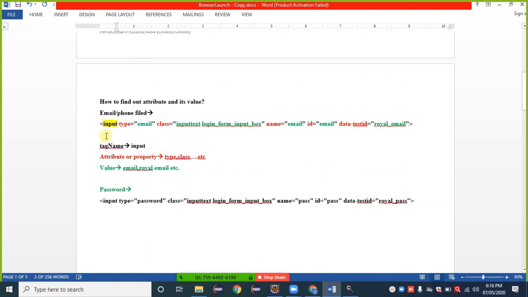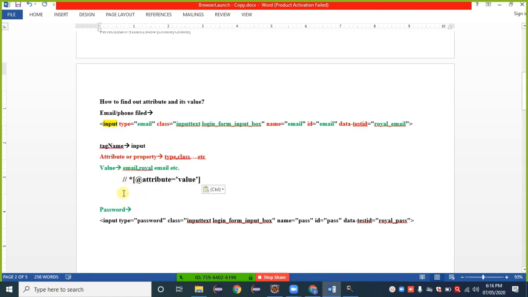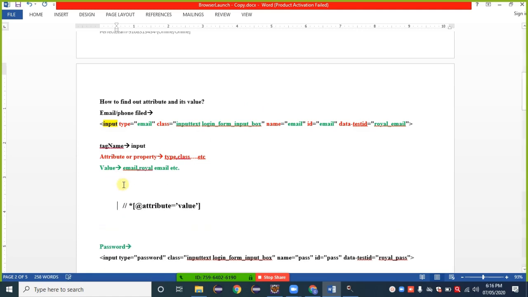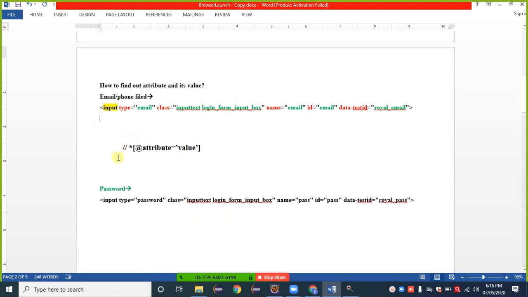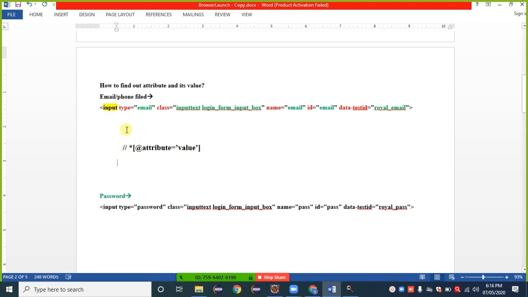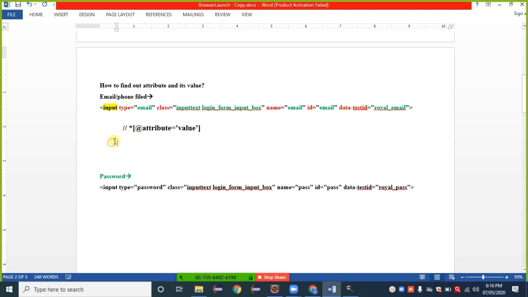Here, last day we discussed such kind of HTML structure. For that purpose here we are writing the XPath. Removing all the things, we have the syntax with us. So first, here is the HTML structure, and by using the syntax for XPath, I am writing some XPath for this one. We need one XPath only. Keep in mind, we need one attribute and its value, and that should be unique.